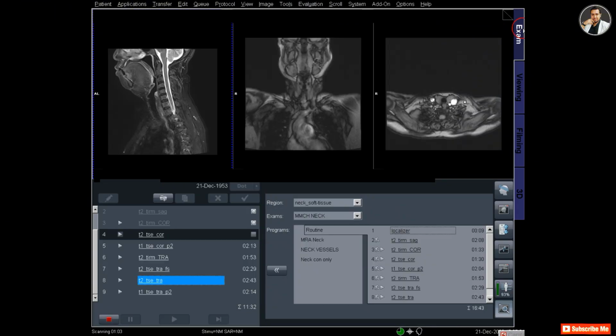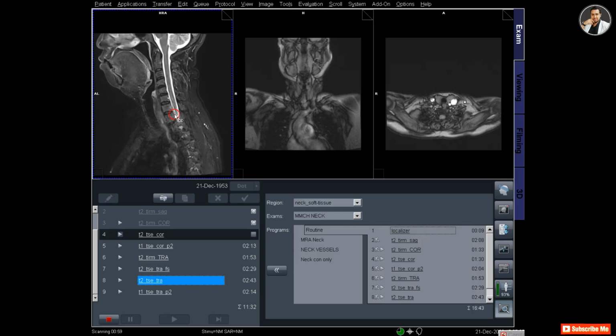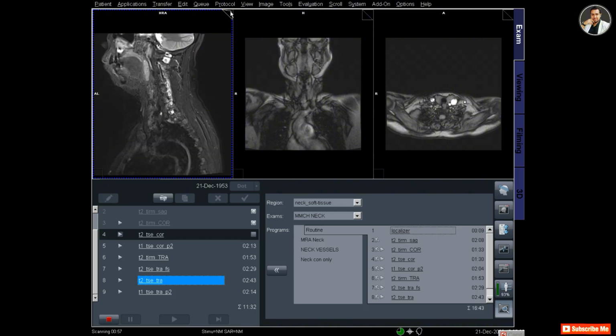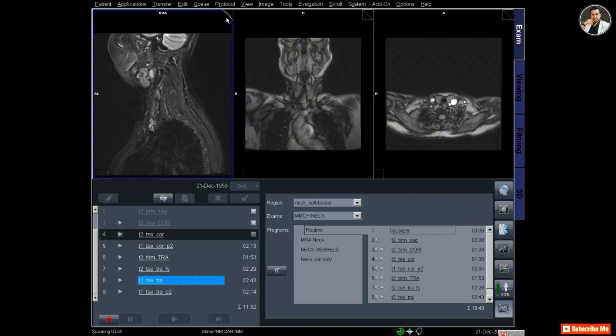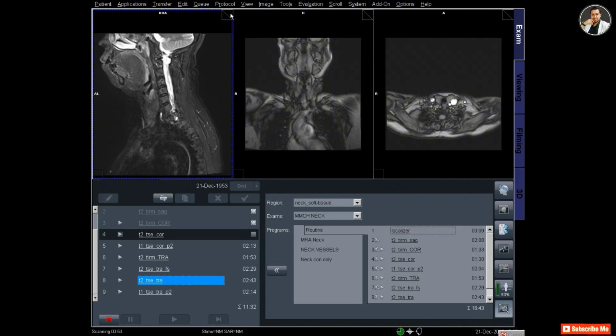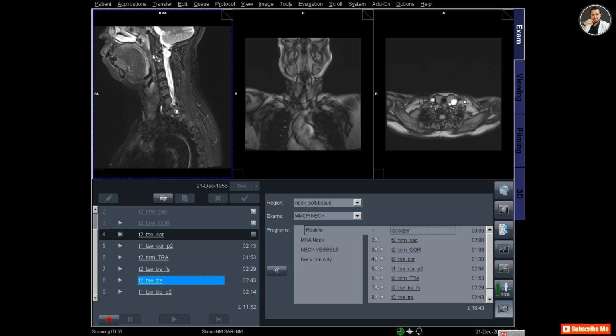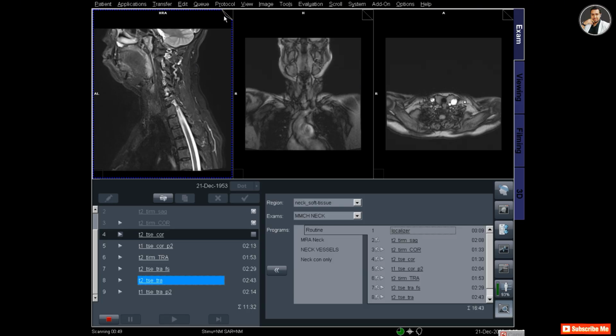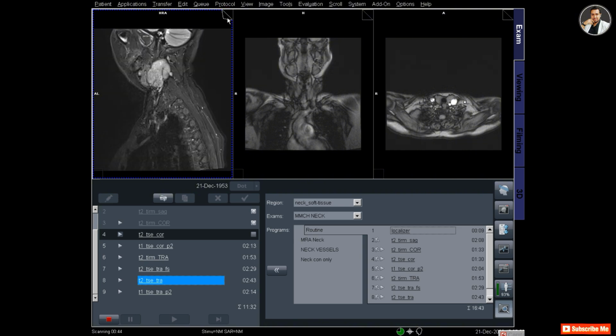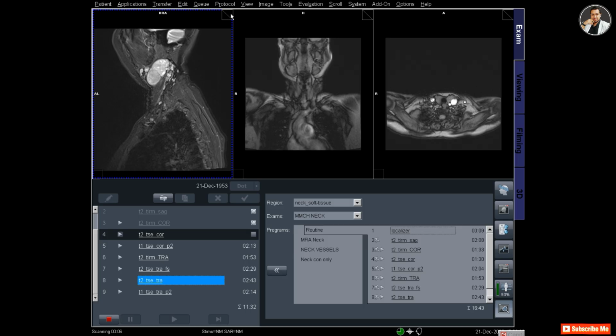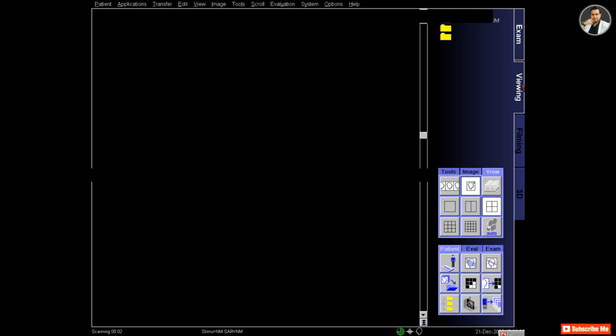And you can see that there is a large lesion in the right side of the neck. I'm checking the sagittal image again, and also there is a lesion in the base of the tongue, and also there is a huge lesion in the right side of the neck.